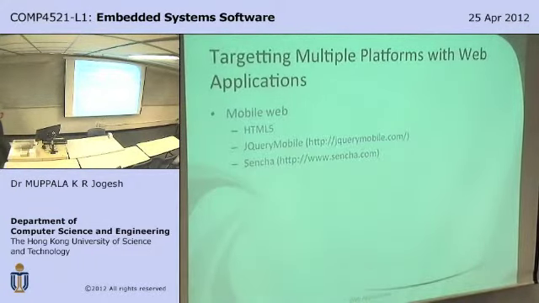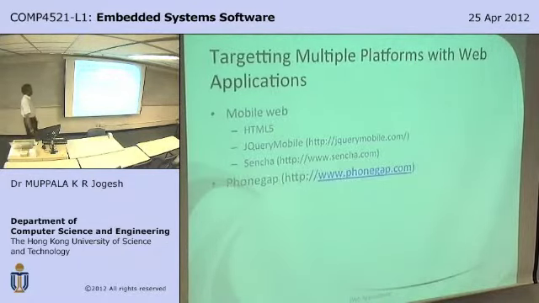Why stop at that point? Why not leverage that mobile website and embed it into the WebView that I just talked about in Android, and then deliver an application that looks and behaves just like a native application, but is completely web application based. In particular, if you want to target two or more platforms,